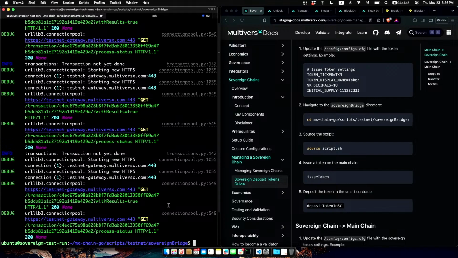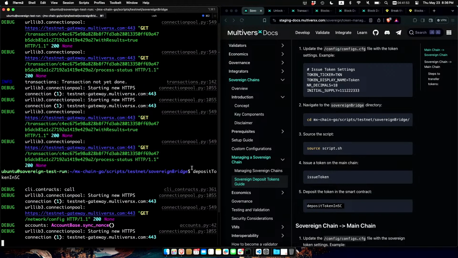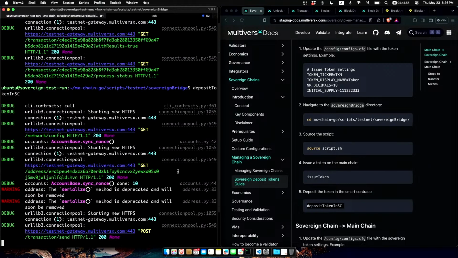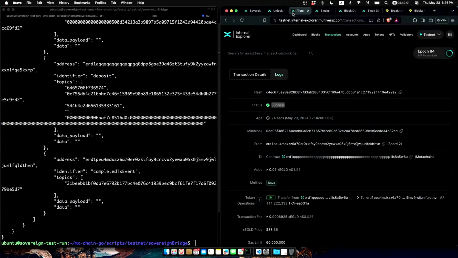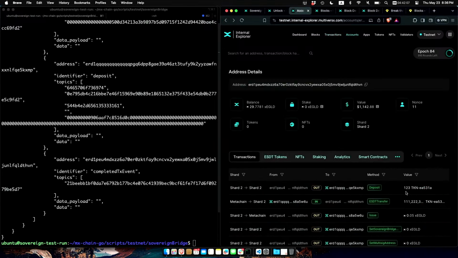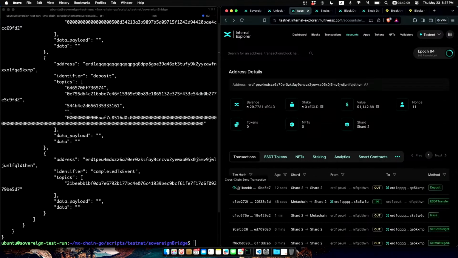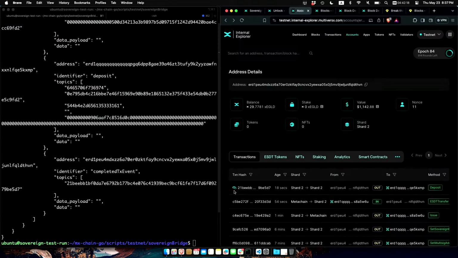to the safe contract that I showed you earlier in the diagram, which is responsible for managing the tokens which are connected or should be transferred to the sovereign shard. Cool, done. Let's go back and see what happened. Yep, so we deposited. As we can see here, it shows a cross-chain send transaction, which means that this transaction is going through a sovereign chain, leaving the testnet, the public testnet network,